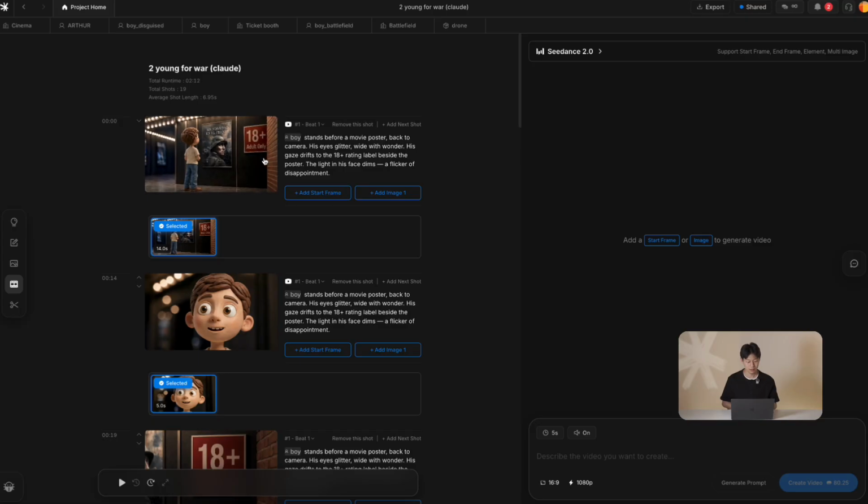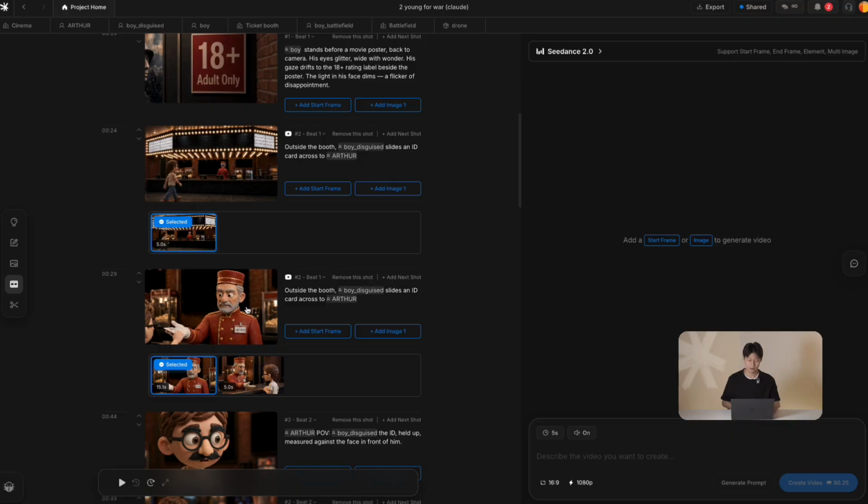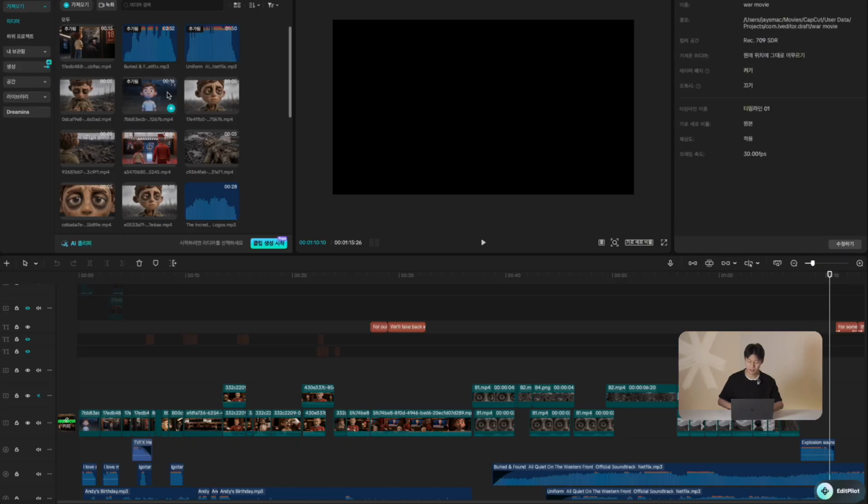Of course, if I write a precise prompt, it will look better, but I will still waste a lot of money on trial and error. So just use keyframes. So like this, now I've got all my clips. Since I already had my keyframes, I didn't really have to try very hard to get shots like this. So I download them all with this button, bring them into my editor. And just like that, I've got my short film.